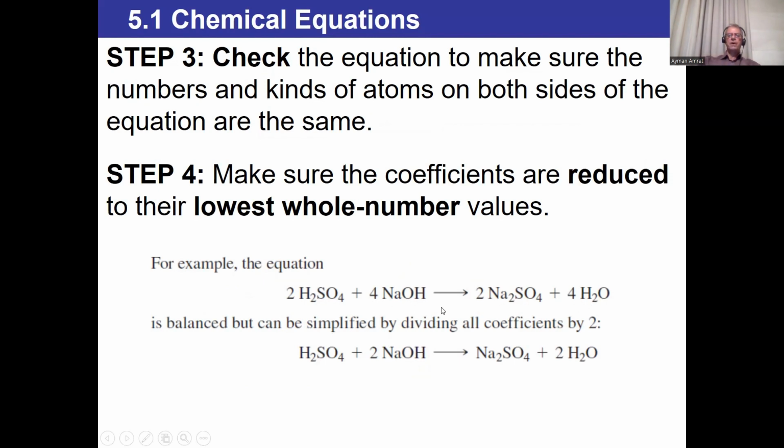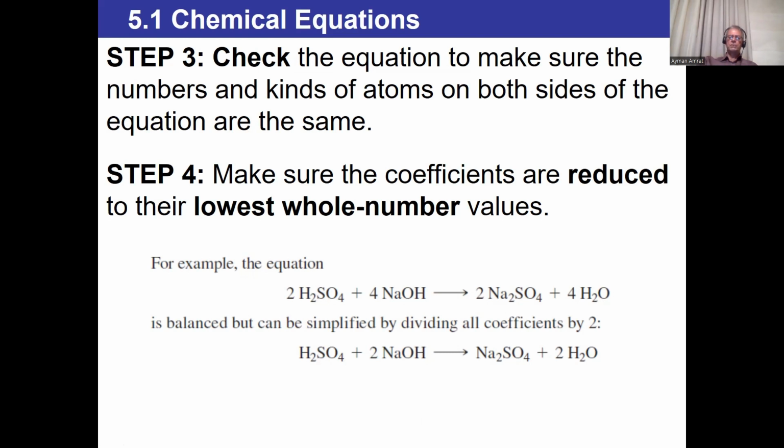You can simplify these numbers by dividing the whole equation by 2. Now the ratio between these substances in the lowest whole numbers is 1 H2SO4 to 2 NaOH to produce 1 Na2SO4